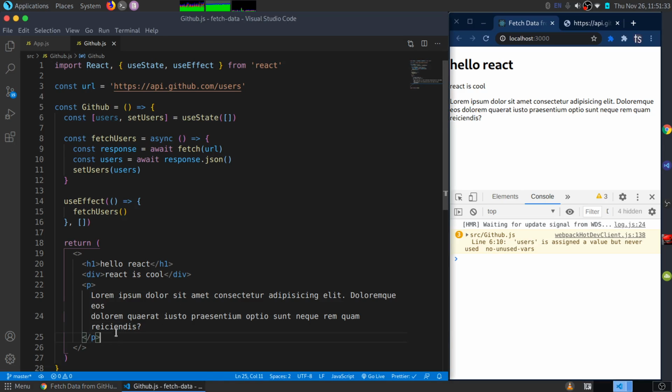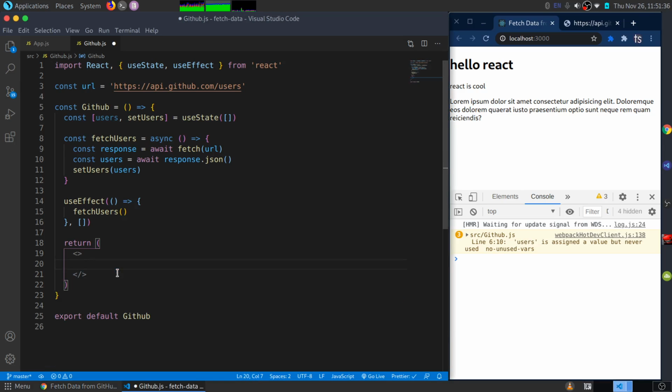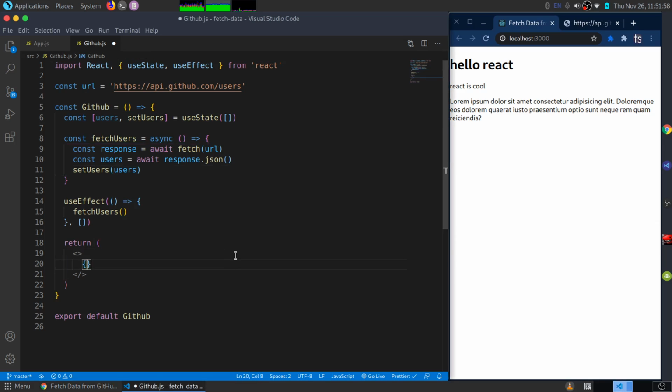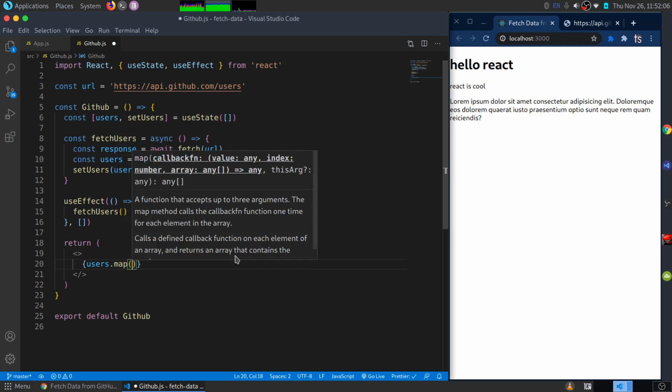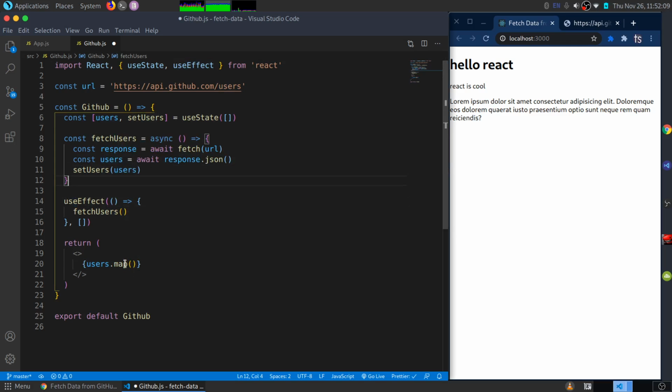Okay, so now what I'd actually like to do in this return is get this data and iterate over the data, which will give me a list. I'm going to be using the map function, the map method, sorry, and it will give me a list, and then the list is what I'm going to be displaying right here. So I can actually close this console, and what I want first is to get the users and then map over the users that we've got from here. We're going to be mapping over the users,